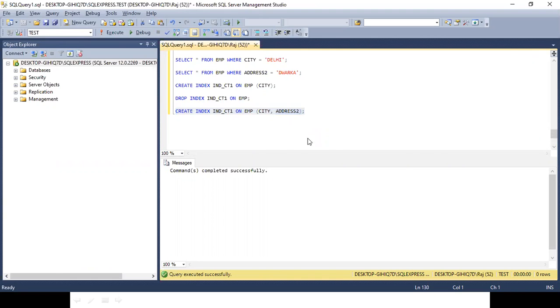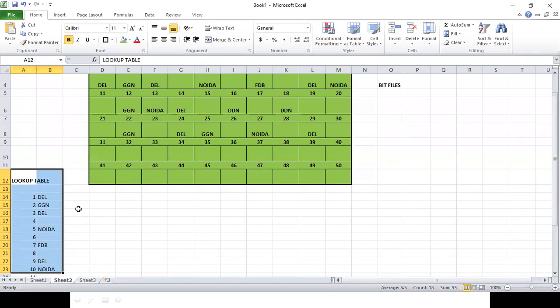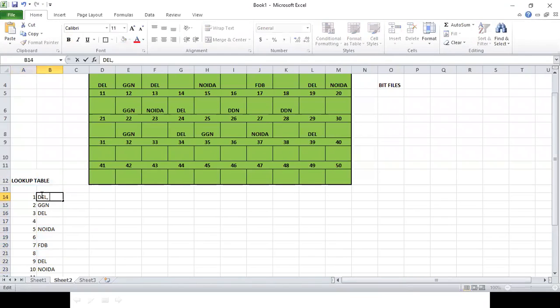When SQL creates the lookup table, it will say, okay, Delhi, comma, Dwarka; Gurgaon, comma, DLF; Delhi, comma, Janakpuri, and so on. So while making the lookup table, SQL will take two things over here.